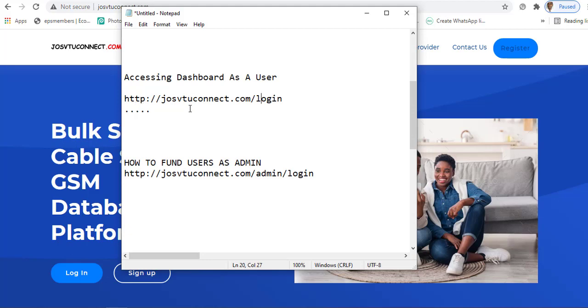Instead of going to the main website, they just type the main website /login. So look at it now. If I copy this and put it here,